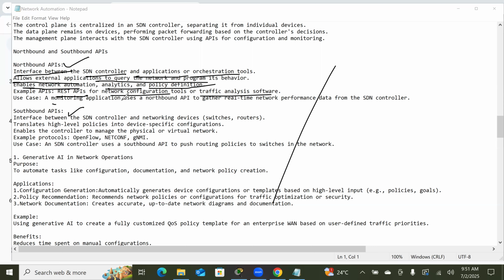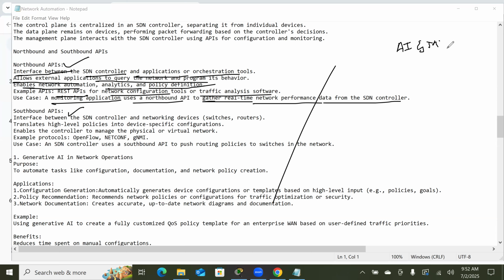Here the monitoring applications use the northbound API to gather real-time network performance data from the SDN controller. Having all the data from the SDN controller, it's going to analyze how every data plane device is behaving and how it is performing. Based on that, again we have